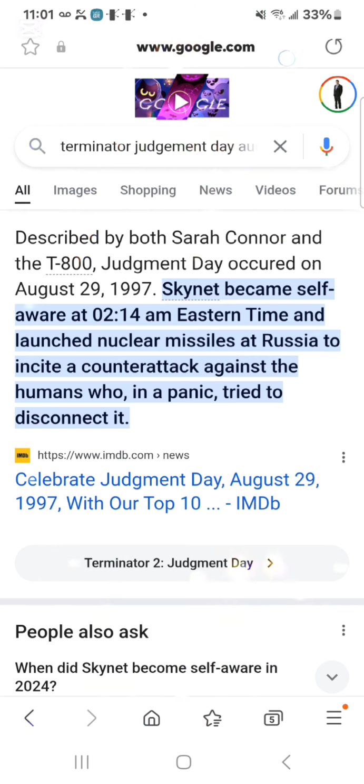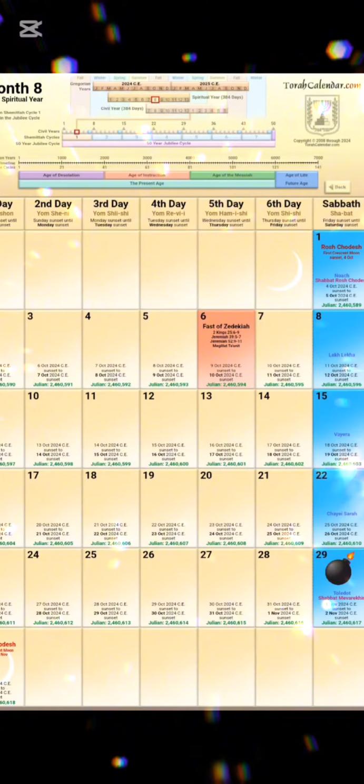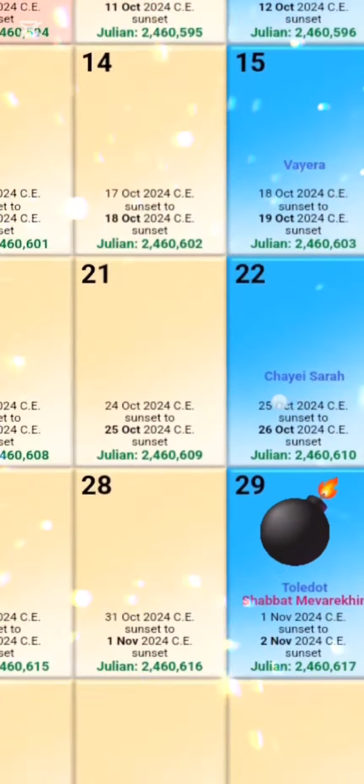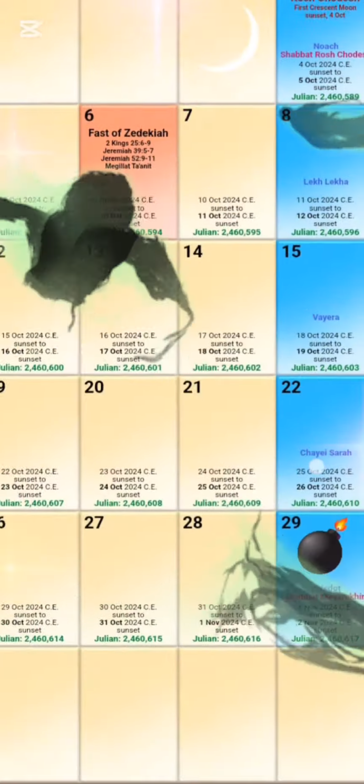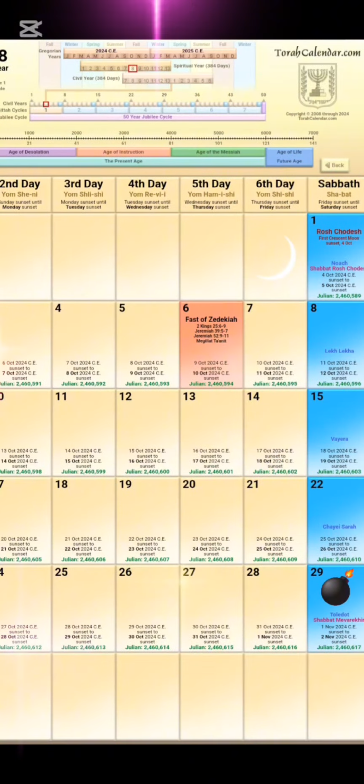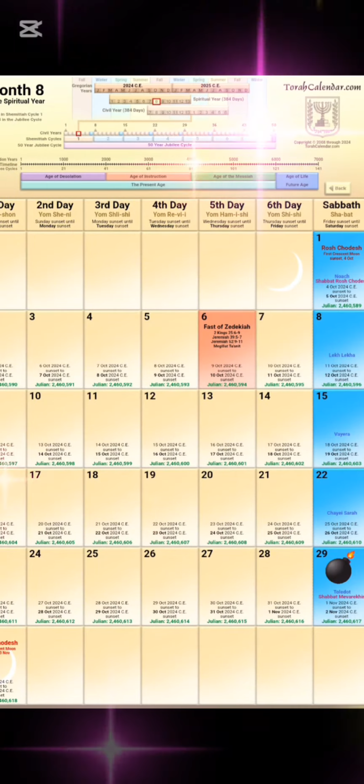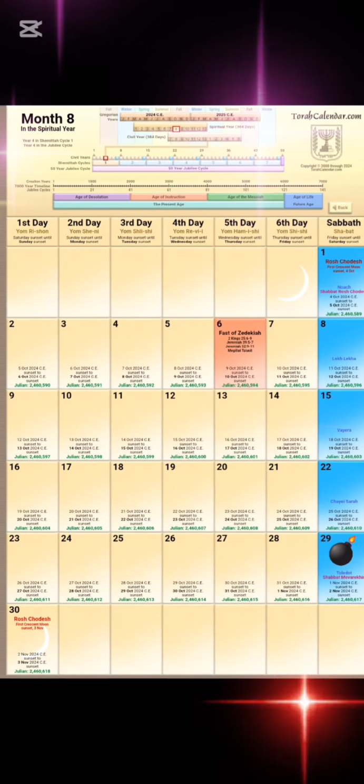And real quick, I'll just show it one more time. 829. The Torah month 8 we're in right now, the 29th day is November 2nd, okay? Why is that key? Because look at this. The 26th we're looking at, September 26th, this month we're in right now on the Hebrew calendar is Tishri. So Tishri means 7, Sept. And the date we've been looking at this entire time is September 26th. And 6s are 9s. So they're putting everything right here on the date, September 29th, the Gentile date, November 2nd. So that day, Terminator 829.